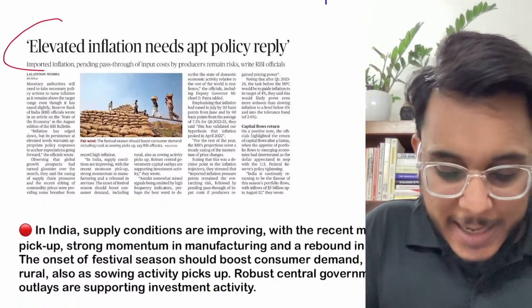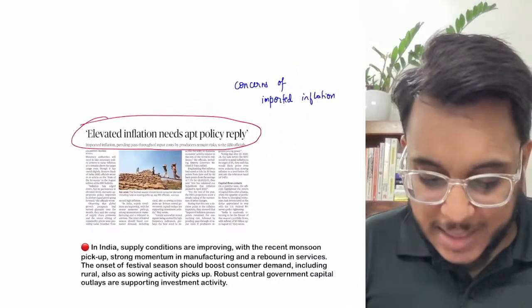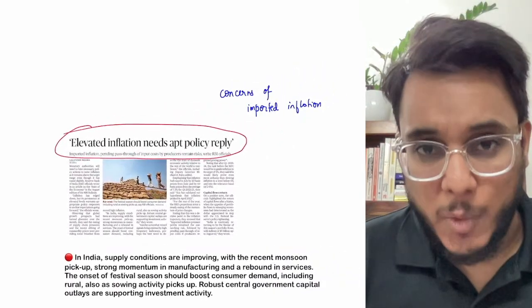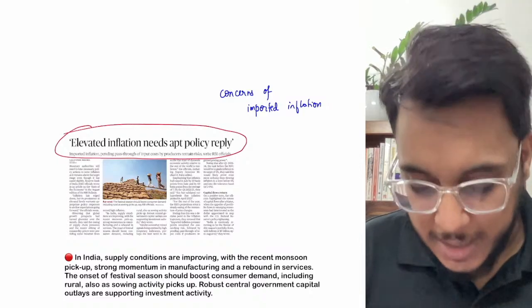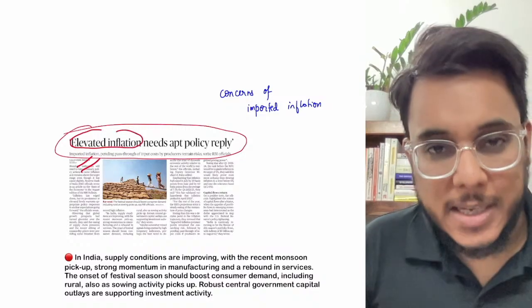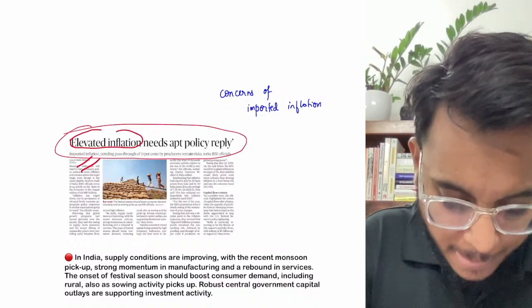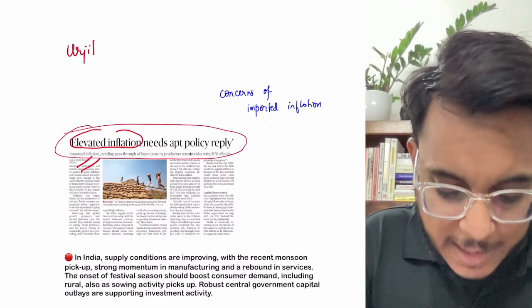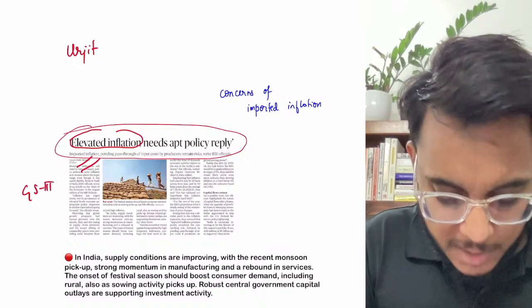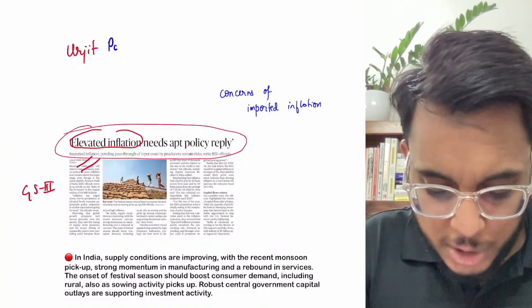Okay, elevated inflation needs apt policy reply. So guys, basically the Reserve Bank of India has provided this in one of its articles, that the elevated inflation that is there needs to be tamed immediately. Now guys, understand this particular thing. Fine, the Urjit Patel committee. Now let's see the background first, and we'll see this with respect to GS paper number 3, Indian economy and issues. So guys, in the context of India, the Urjit Patel committee